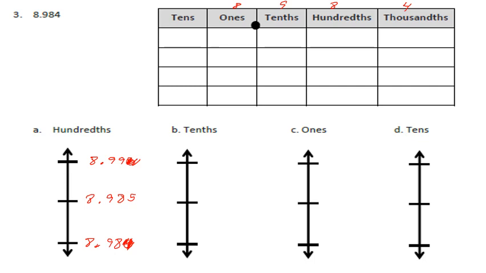Now we're going to take our original number, which is 8 and 984 thousandths. I'm trying to figure out, is it going to go above or below the center line? Well, 984 thousandths is going to go below. So that means we're going to round down to 8